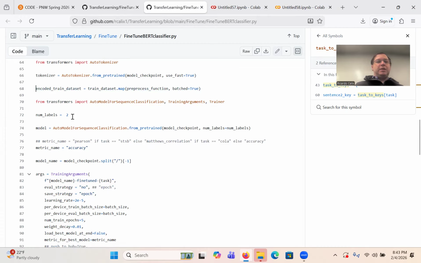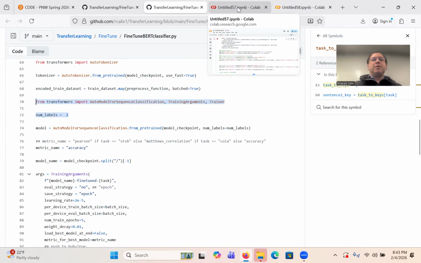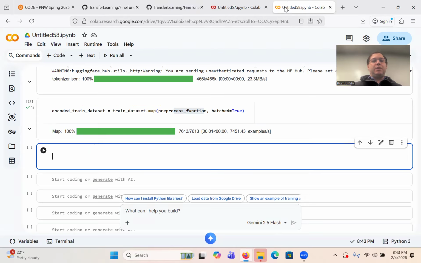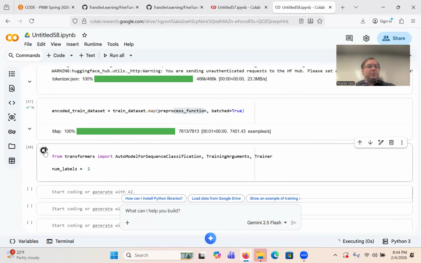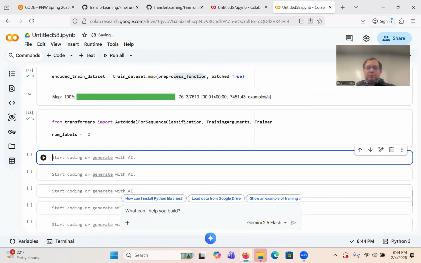Right, so now we're going to bring in from transformers the AutoModelForSequenceClassification. If you remember, when we did the baby BERTs in the previous discussion, that's the head, right? That last head that provides, from the embedding, what you're going to output. CLS goes up. So here we need to specify that it's two labels, 0 and 1.